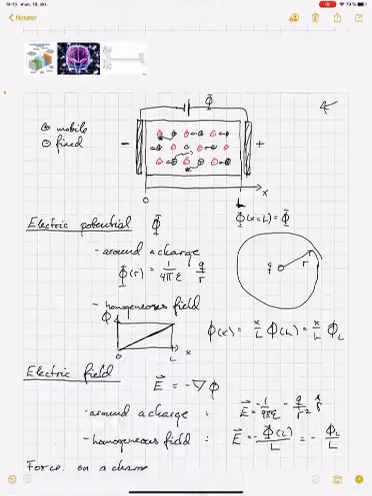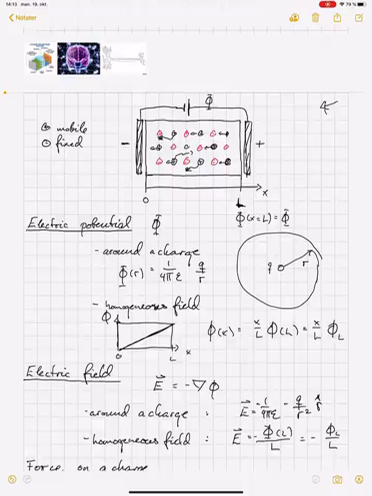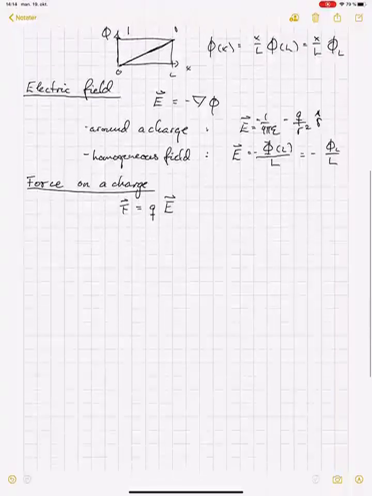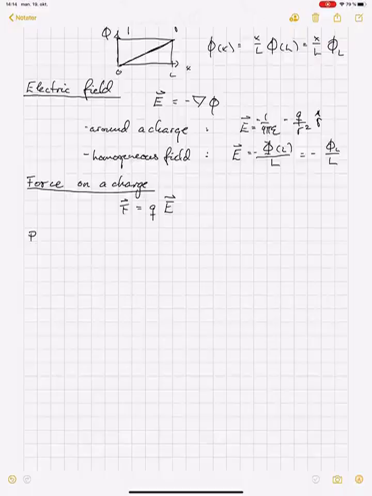And the question I'm posing today is, how far will they move, how will the whole system develop? Clearly, as we switch the field on, they will all feel a force, and they will all start to move. Now, maybe we're not able to find the whole dynamics, but at least I'd like to find out what is the equilibrium situation. And for this, I'd like to know the potential energy